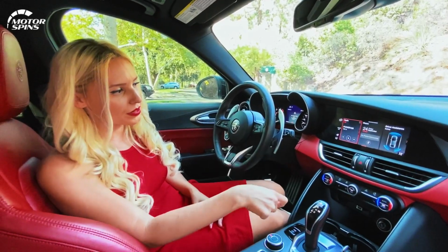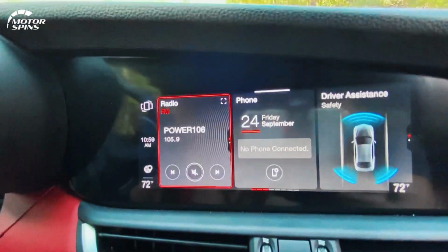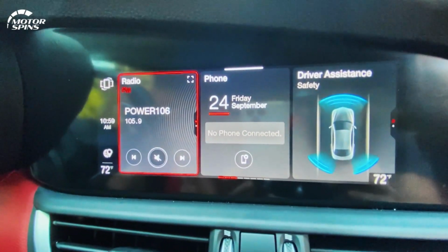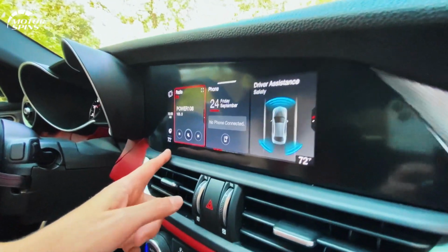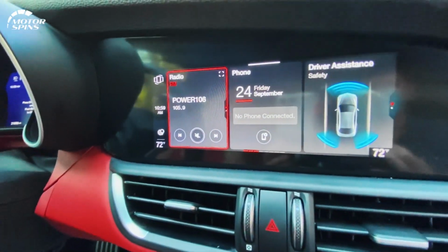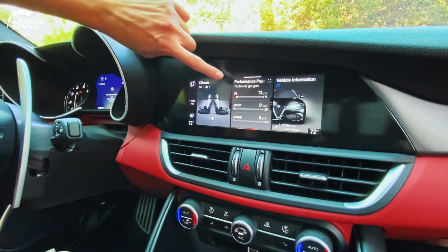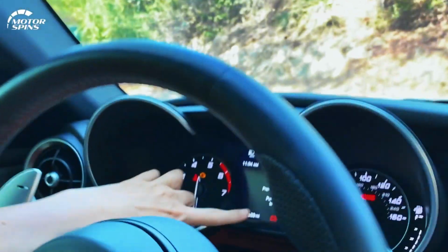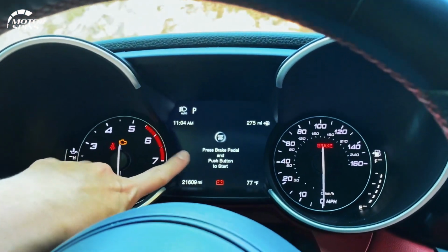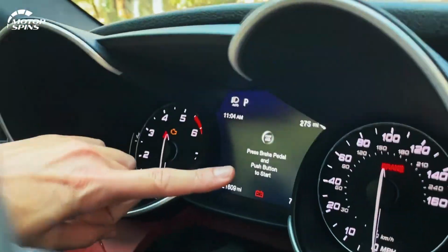It's split into 3, so you've got your radio station, you've got what day it is, you've got your driver assistance, your safety features on the far right, as well as other things like your climate control, what's the temperature in the car, and you can kind of just really easily scroll through the different functions and apps on your infotainment. We do have a small section of digital offering here where you can customize certain elements on your instrument